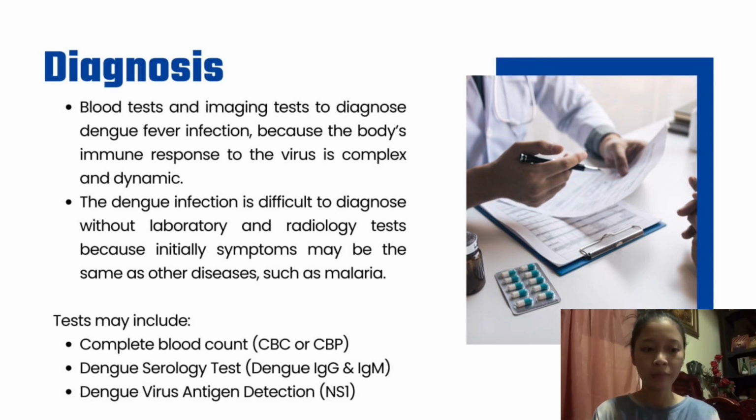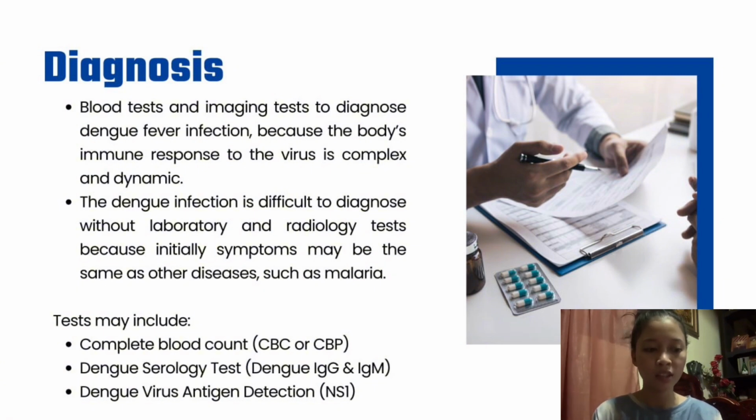Diagnosis: blood test and imaging test to diagnose dengue fever infection. Because the body's immune response to the virus is complex and dynamic, dengue infection is difficult to diagnose without laboratory and regional tests. Initially, symptoms may be the same as other diagnoses such as malaria. Complete blood count, CBC, to check the platelet count, typically in the later stage of the illness, and detect the decrease in hematocrit, hemoglobin, and red blood cells. RBC count, evidence of anemia,